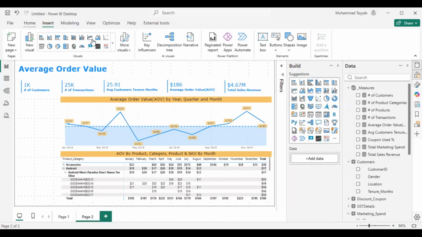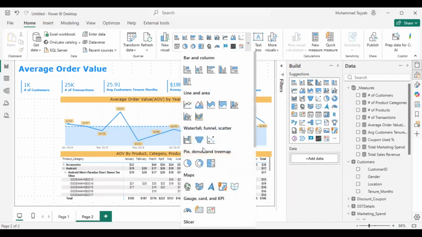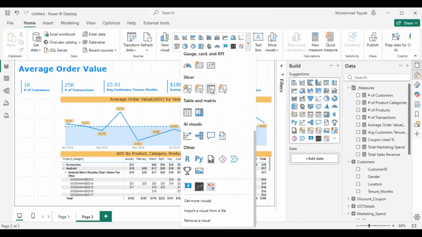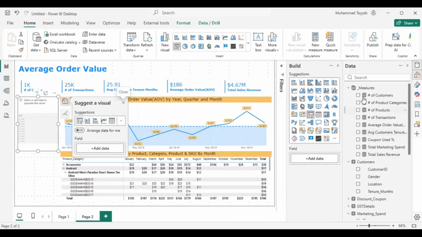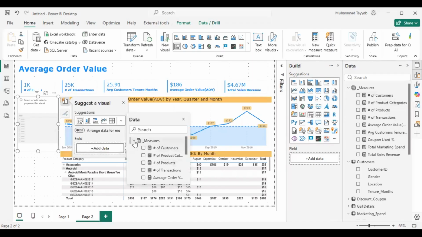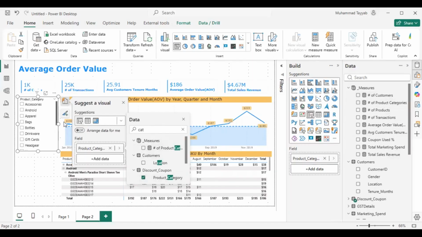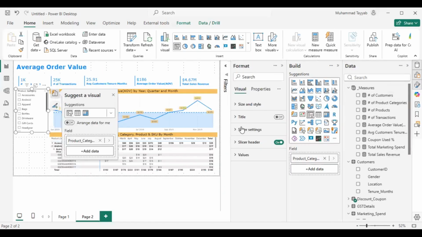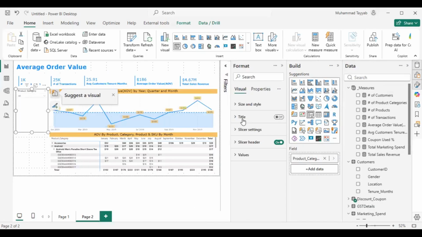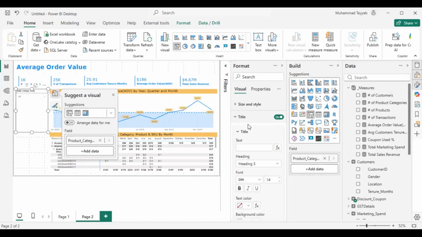So we got this, and we can add the slicers over here. For this, I'll go to home, and here I would choose the old slicer that we have been using, this one. And here I'll firstly add, let's say, product category. Okay, it's not loading. I believe let me do that from here. Product category, and I'll change the slicer setting to drop down. And very quickly, I'll just turn this off, and I'll change that to